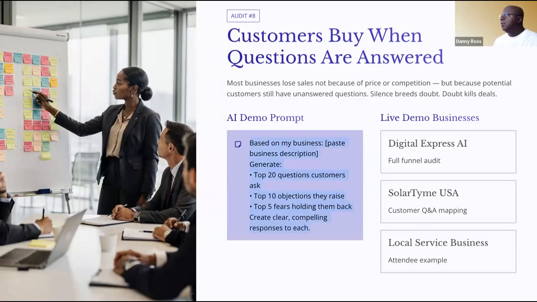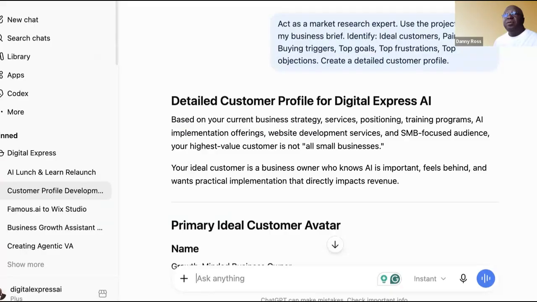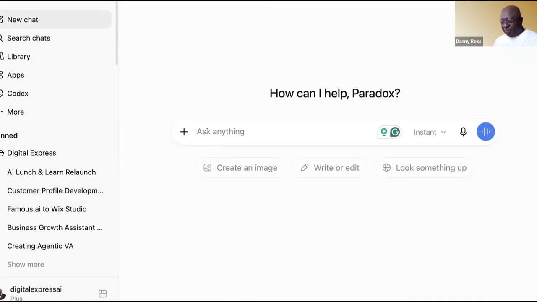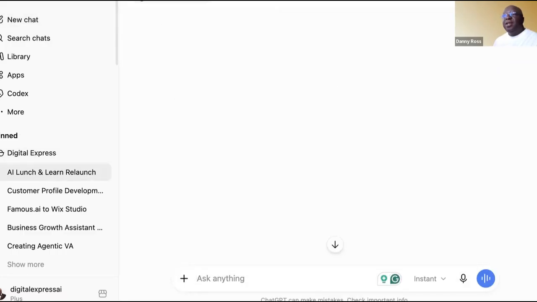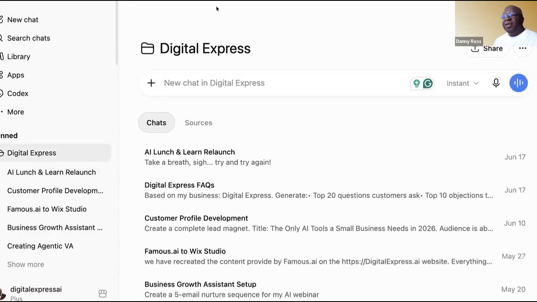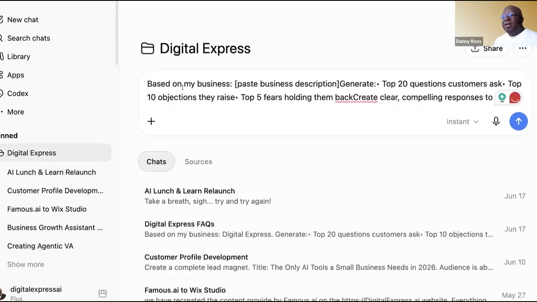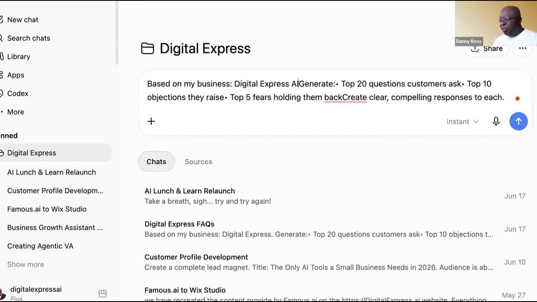I'll just drop it into our buddy here. Drop it in here, create a new chat, so I can give you the whole thread. Actually, I'm going to drop it in. Remember a couple of weeks ago, I taught putting these things into projects. Think of projects as folders, and by putting them into the folder, everything else that's in that project stays in memory, if you will. And so you don't have to retrain it. I'm going to simply have it generate based on the same information I gave you in those two beginning prompts.